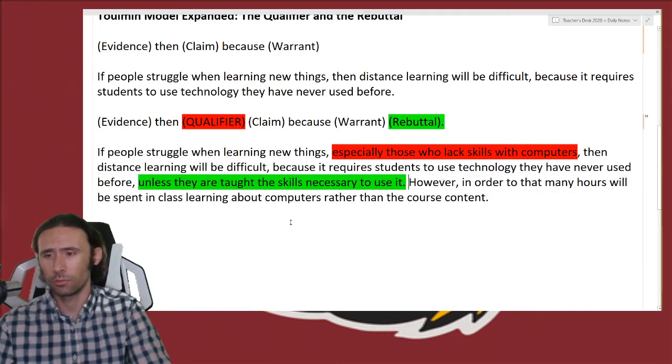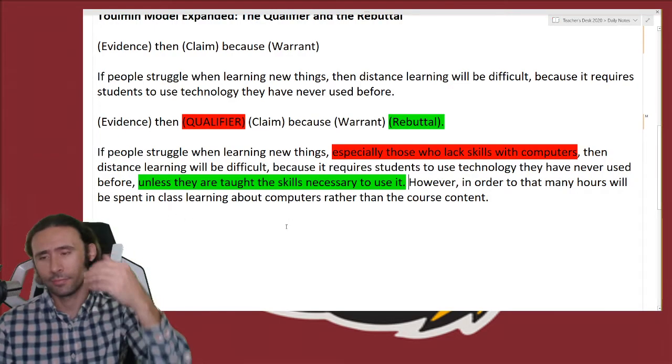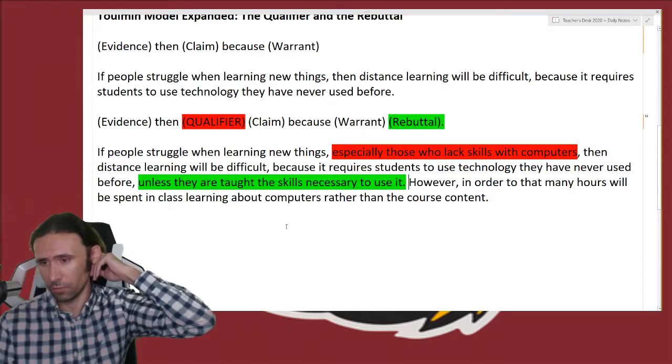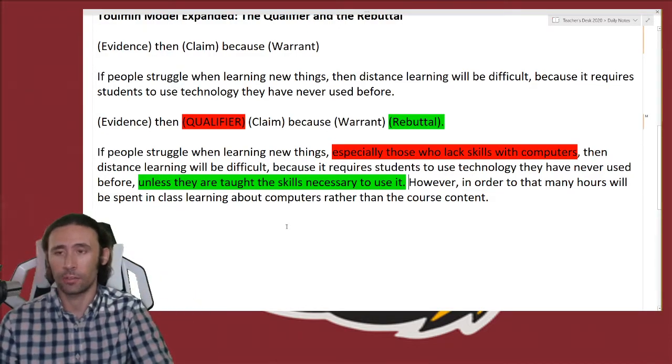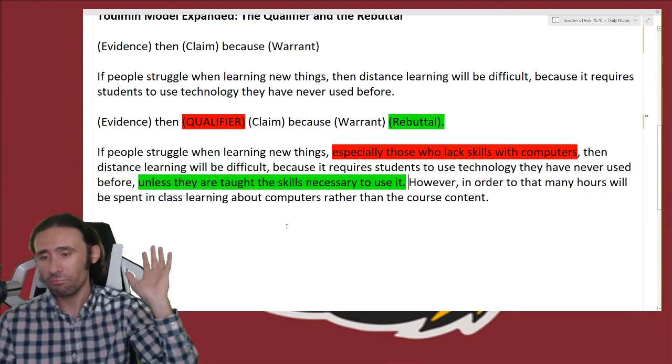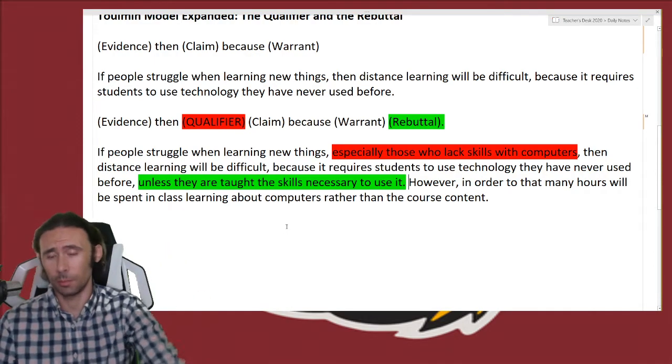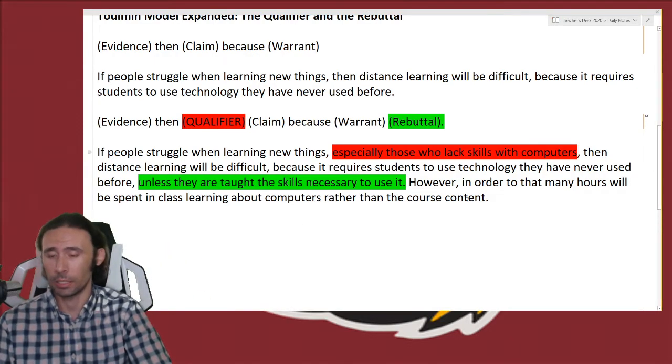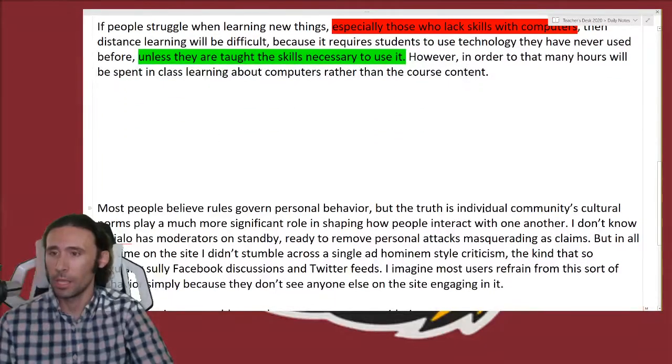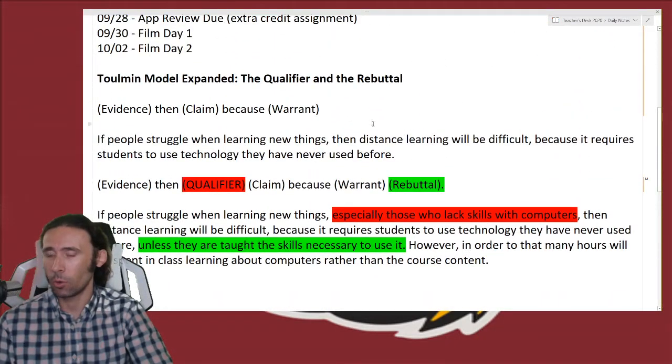The word counts that I put in my assignments aren't there to challenge you, like, oh, let's see if you could write a lot. It's there because honestly, a lot of students go too far, or they don't put enough effort in, and they just put in the bare minimum, and it's not good because they didn't really challenge themselves. So that is the qualifier and the rebuttal.